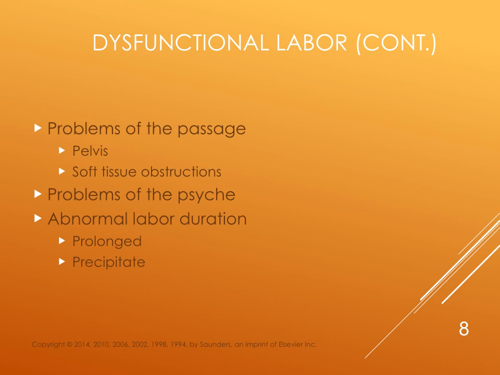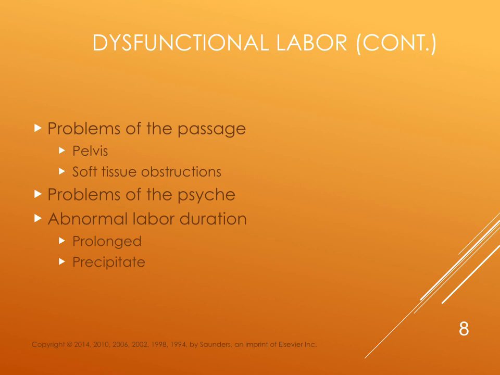Other dysfunctional labor issues include problems with the pelvis and the structure of itself, as well as soft tissue obstructions. When we think about the pelvis, we want the baby to be able to fit through the pelvis to accommodate a fetus being delivered through there. We want to avoid CPD, which is cephalopelvic disproportion, also known as square peg round hole, where the fetus for some unknown reason is unable to fit into the pelvis. It might be that the pelvic arch is too narrow